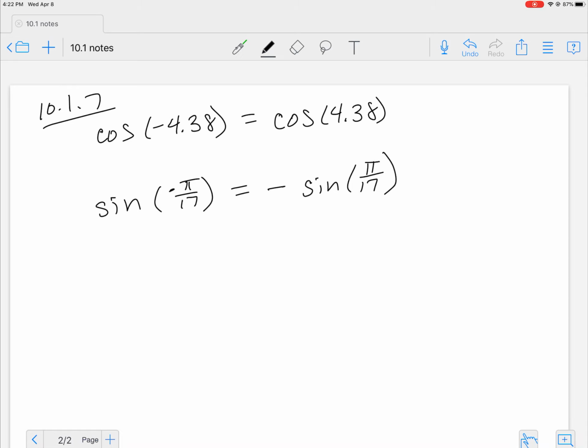What if I have the sine of negative pi over, I don't know, 17 or something that we can't figure out easily? This is negative sine of pi over 17. Right? That's it. Negative input, your whole thing ends up being a negative for the output. That's literally it. Cotangent, tangent, secant, cosecant, all that stuff just behaves the same. That's the big deal when it comes to odd and even. So the moral of the